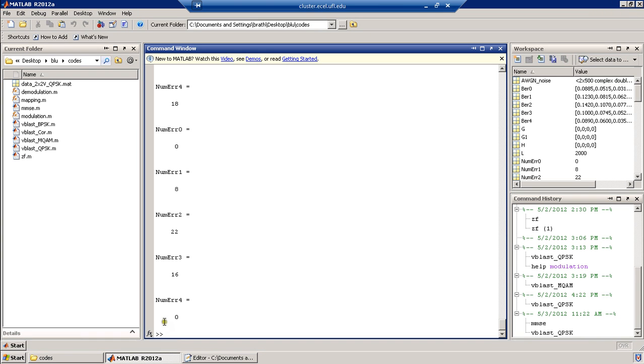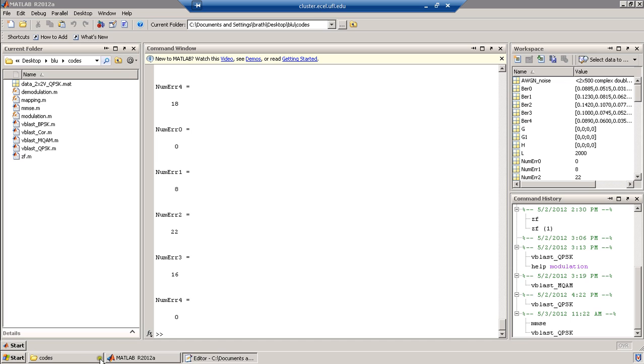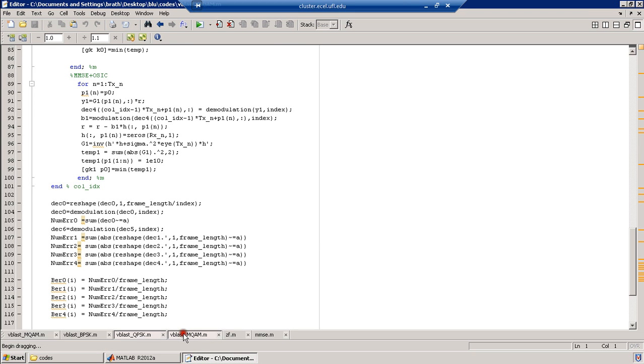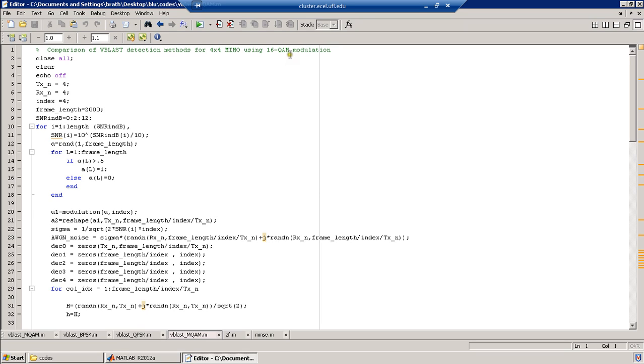Okay, now we have another simulation which I have implemented using QAM. We have a 16 QAM modulation employed in a fourth order MIMO, and the same study has been made, but we have not put maximum likelihood here. Mainly, we're trying to see the difference in zero forcing and MMSE with a higher order modulation, higher order MIMO. So it's the same code basically. So it's just transmitter antenna 4, receiver antenna 4. So fourth order MIMO. I simulate this,